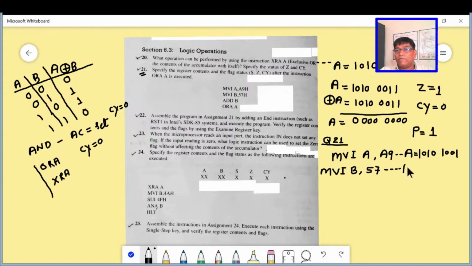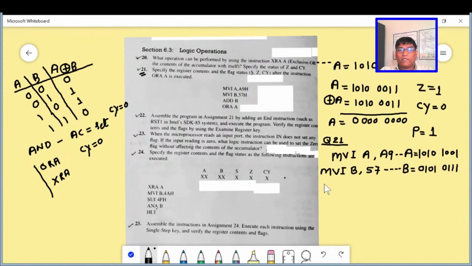So the B content will be 5 and 7. 5 means 0 1 0 1, 7 is 0 1 1 1. These are the contents of the B register after this instruction.